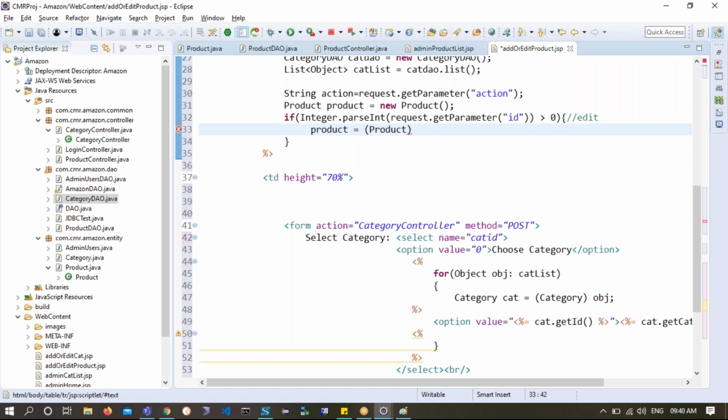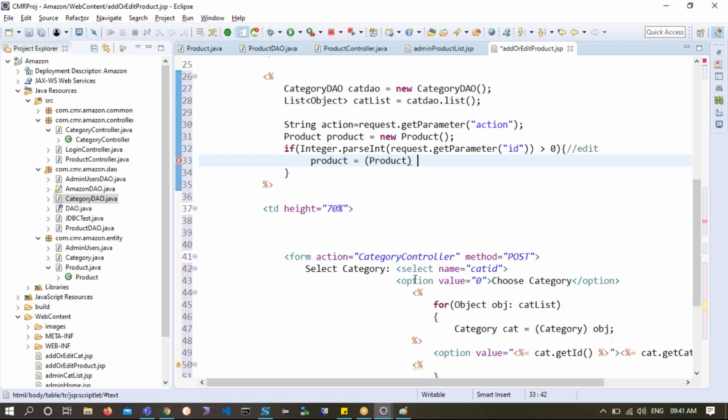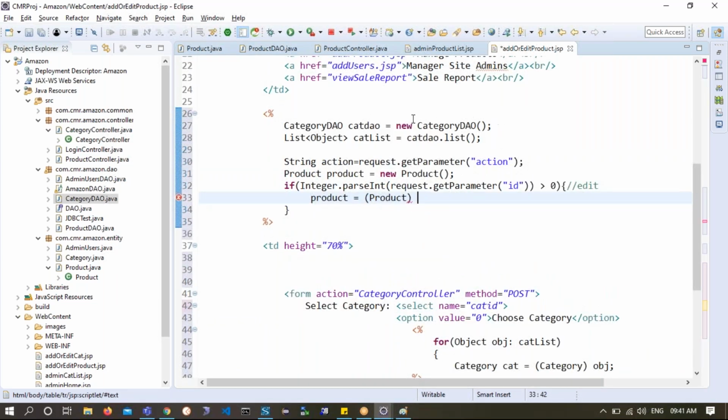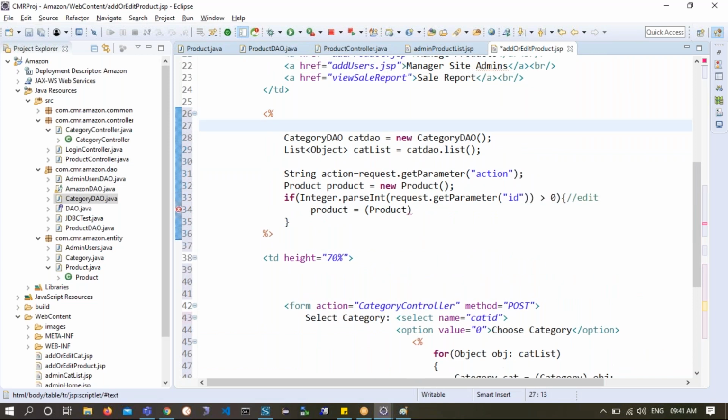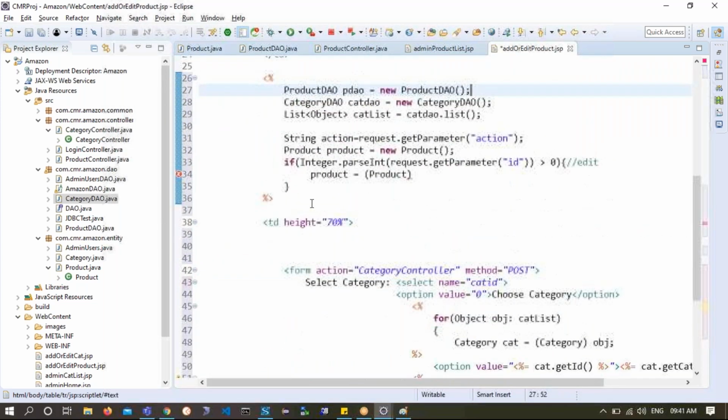I have a category DAO on the top. Do you have a product DAO defined over here? No, right? So please try to define a product DAO also. You will say product DAO PDAO is equals to new product DAO. So I have got a product DAO also. Now using this product DAO, I'll try to get this candidate. Product of, I'll say PDAO dot,